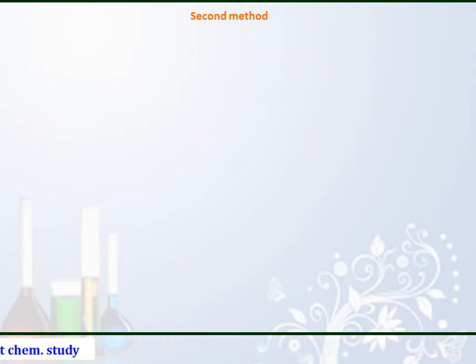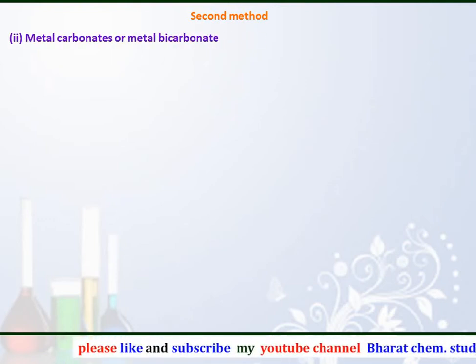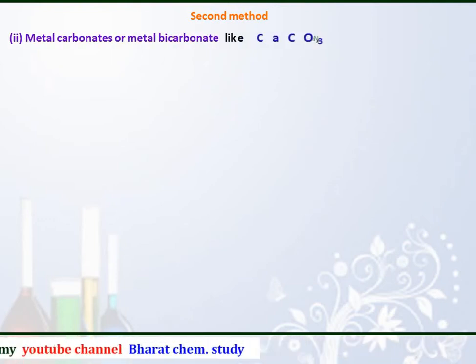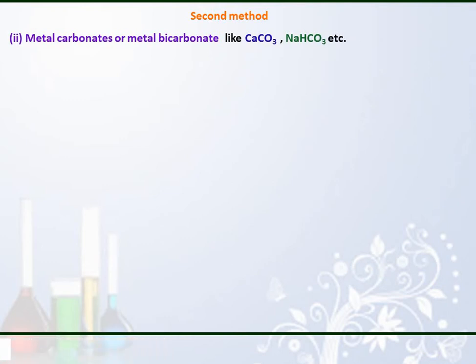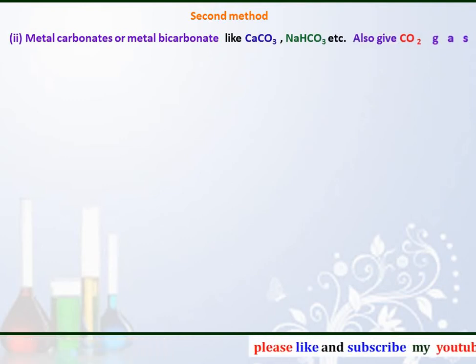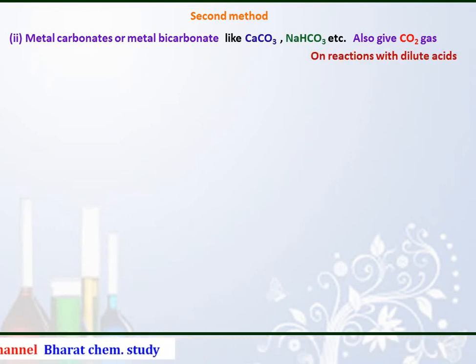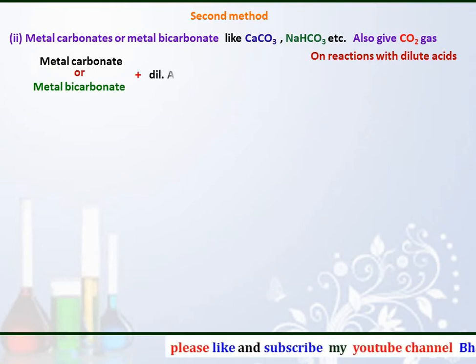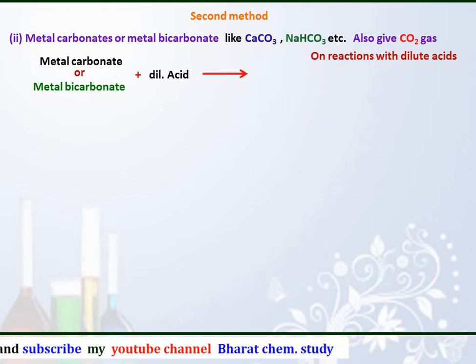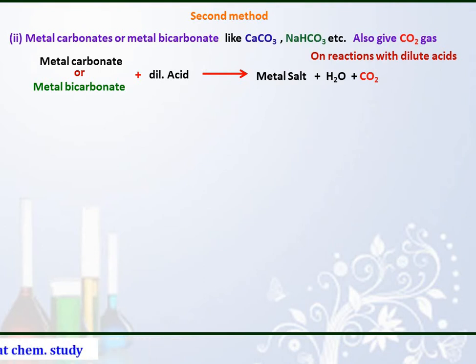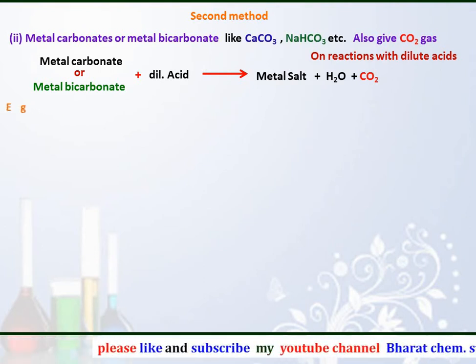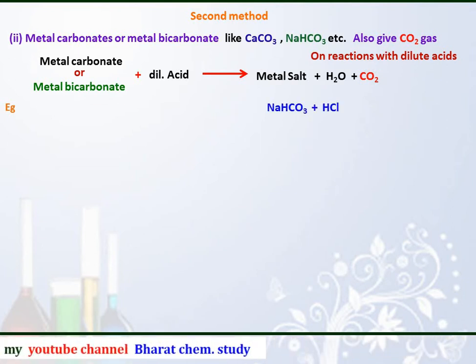The second method for the formation of carbon dioxide is that metal carbonates or metal bicarbonates like calcium carbonate and sodium bicarbonate also give carbon dioxide on reaction with dilute acids. Means metal carbonates or metal bicarbonates, when reacted with dilute acids, produce metal salt plus water, and carbon dioxide gas is produced. For example, sodium bicarbonate